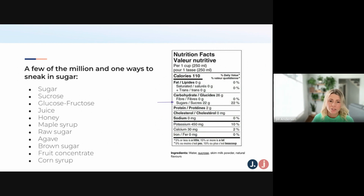Next is the sugar label. This is an example of the many ways